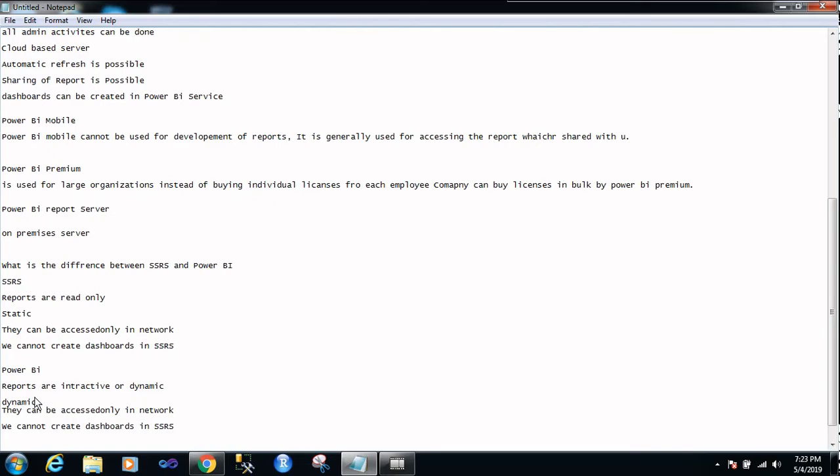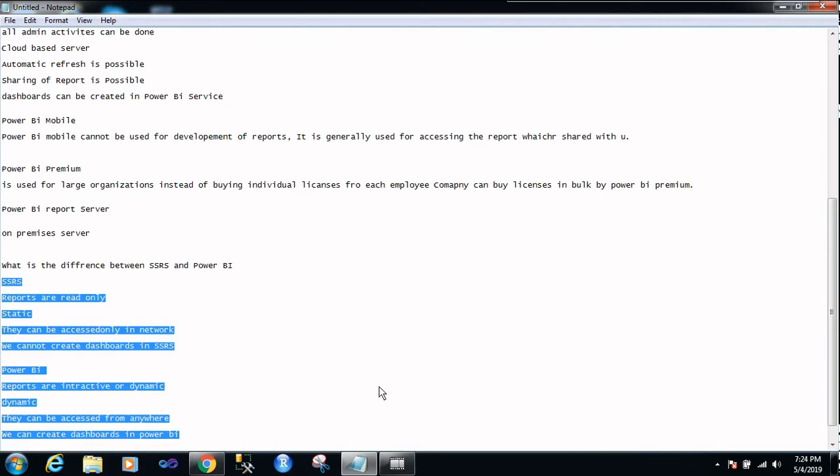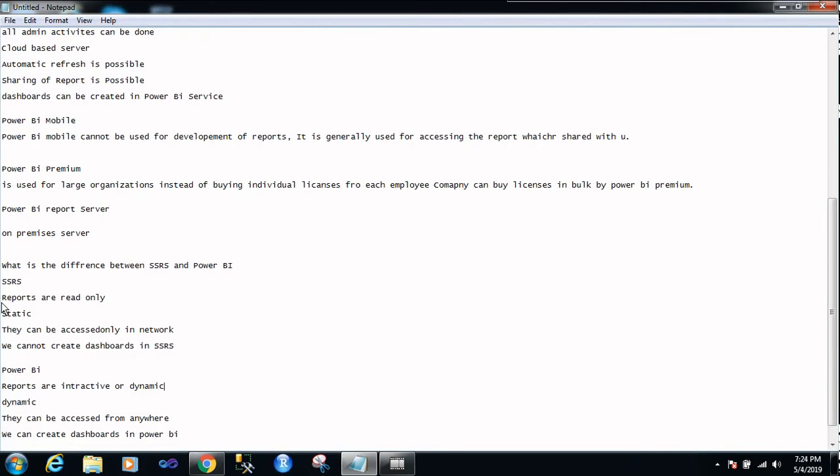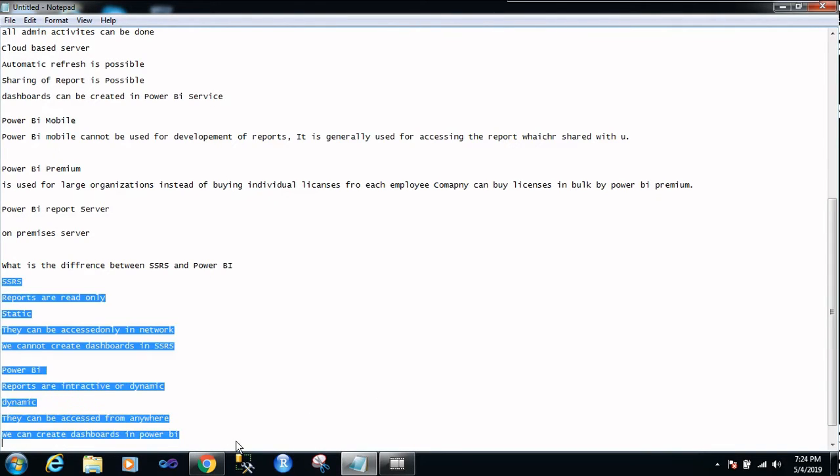They can be accessed from anywhere. We can create dashboards in Power BI. For example, I can show you a demonstration of SSRS and Power BI so that you will get the exact difference between SSRS and Power BI.